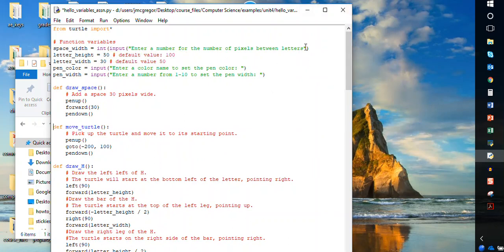is we are putting down the prompt here, colon space. This is exactly how the prompt is going to look. And we should do a double parenthesis at the end. Let me show you why. Our variable is an integer. The integer, so that's what this means. This parenthesis input means this integer will be input by the user. This parenthesis enter a number for the number of pixels between letters is what the user is going to see